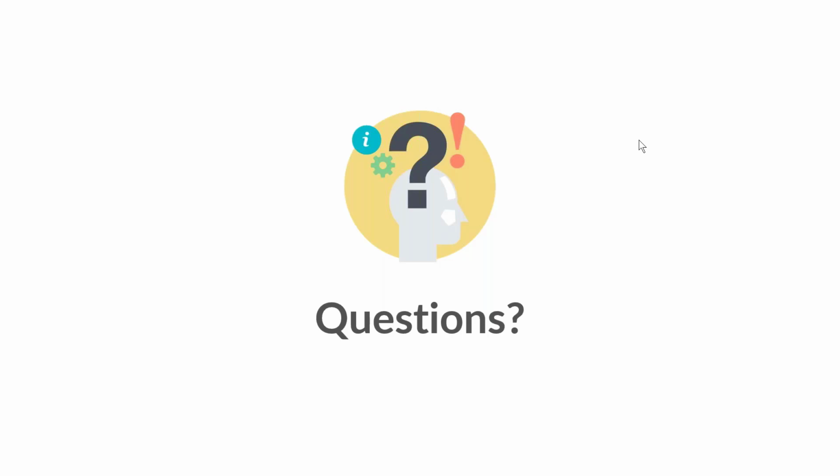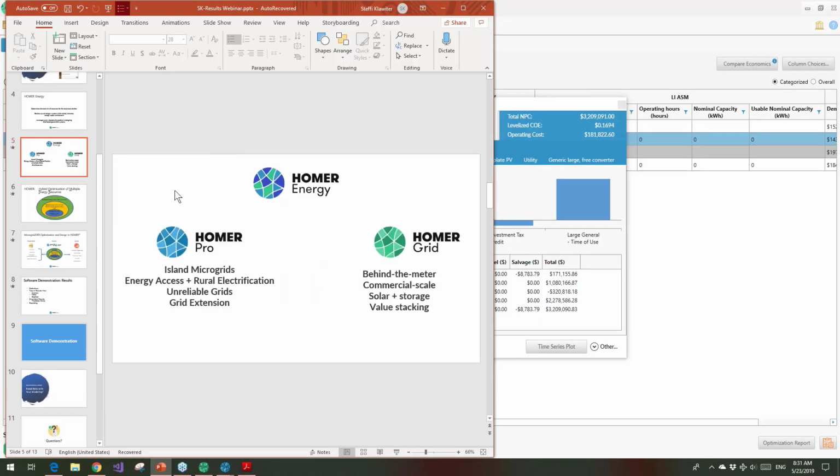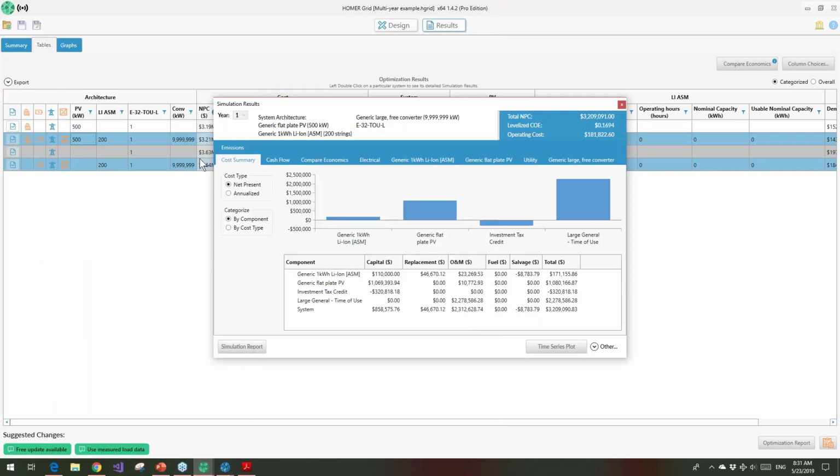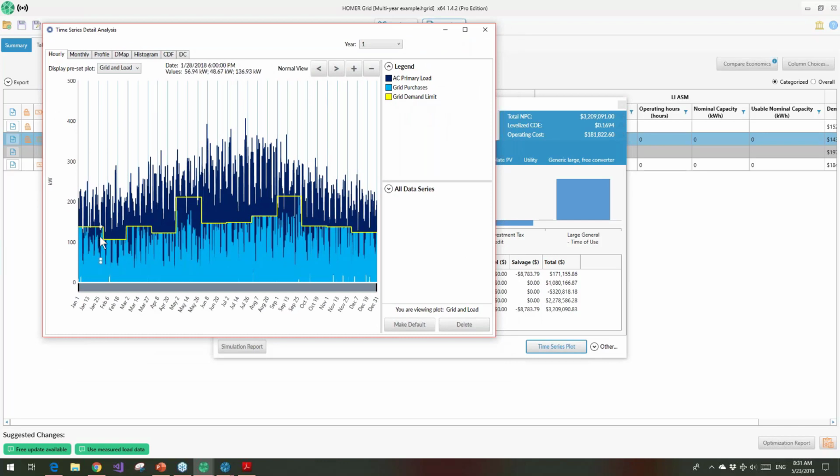Oh, that's a great question. So today we kind of glossed over the differences because we were focusing on the similarities between the two of them. But really it's about the applications. So what makes them different is the dispatch. HOMER Grid's dispatch strategy is specifically for reducing your demand charges. And a really great way to show that is through this time series plot, actually. So in HOMER Grid,